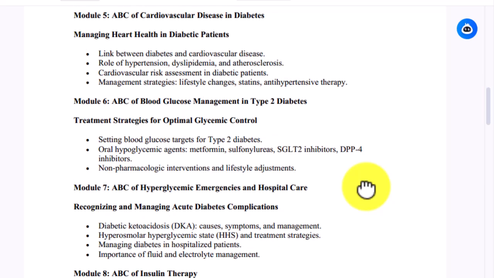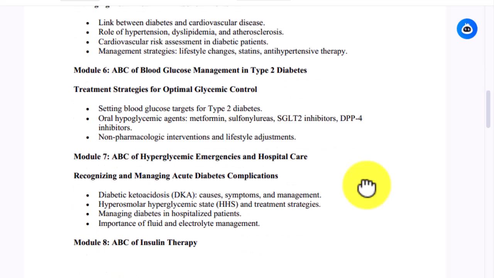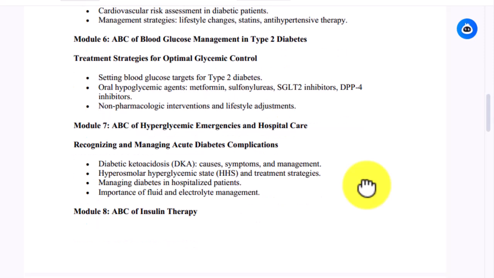ABC of glucose management in type 2 diabetes: treatment strategies for optimal glycemic control, setting blood glucose targets for type 2 diabetes, oral hypoglycemic agents, metformin, sulfonylurea, SGLT2 inhibitor, DPP4 inhibitor, non-pharmacological interventions and lifestyle adjustment. ABC of hyperglycemic emergencies and hospital care: recognizing and managing acute